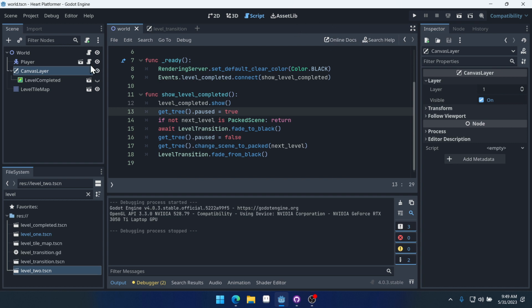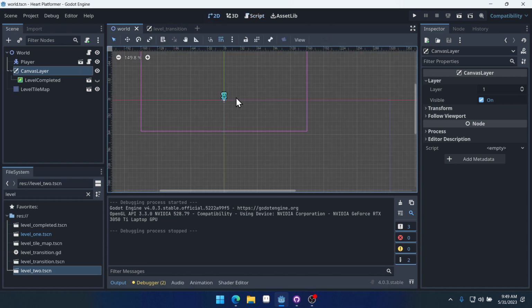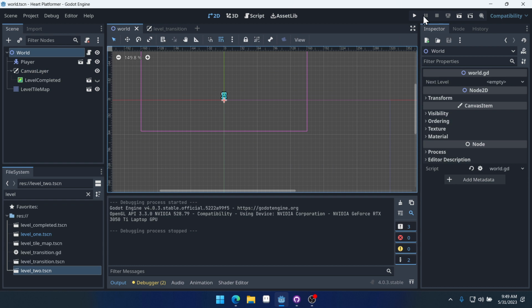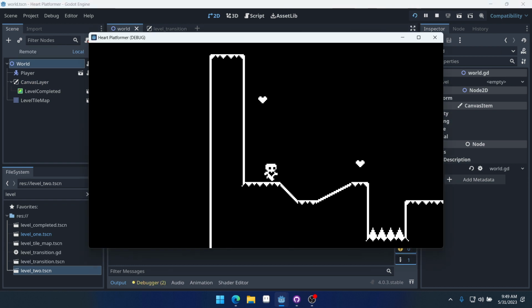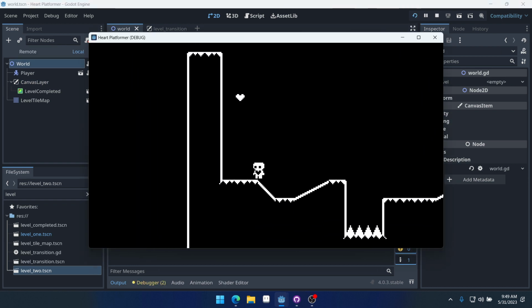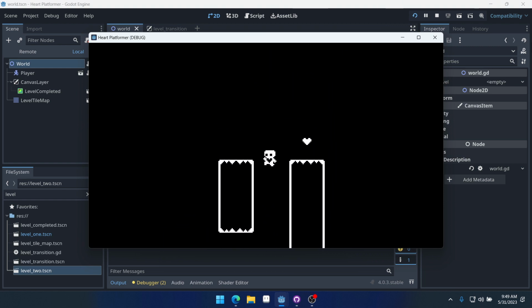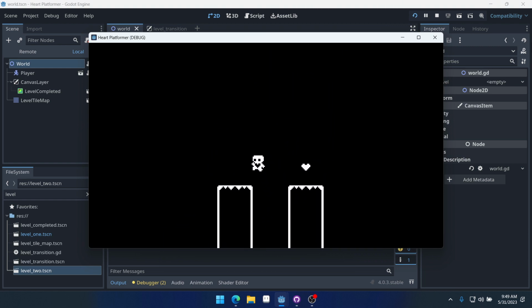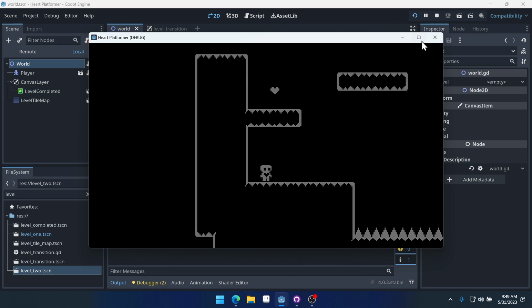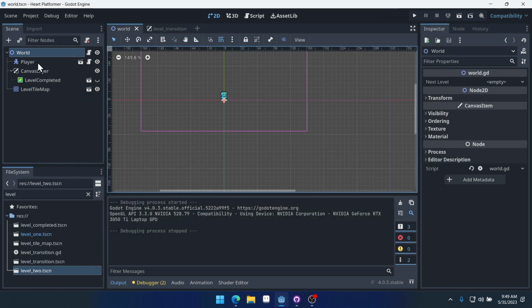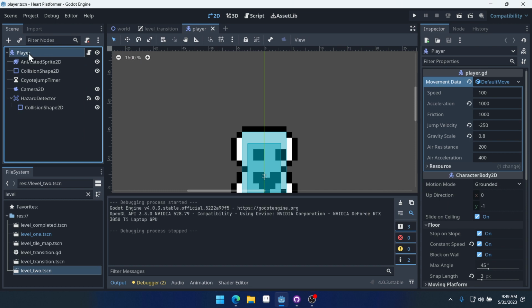Okay. The one last thing that I want to do is in our wall jump. The wall jump has been driving me crazy because it's really hard to perform. I can technically do it now. I'm getting better at it, but it's definitely a bit weird. One of the things that we can do to help with the wall jump is open up the player scene, and